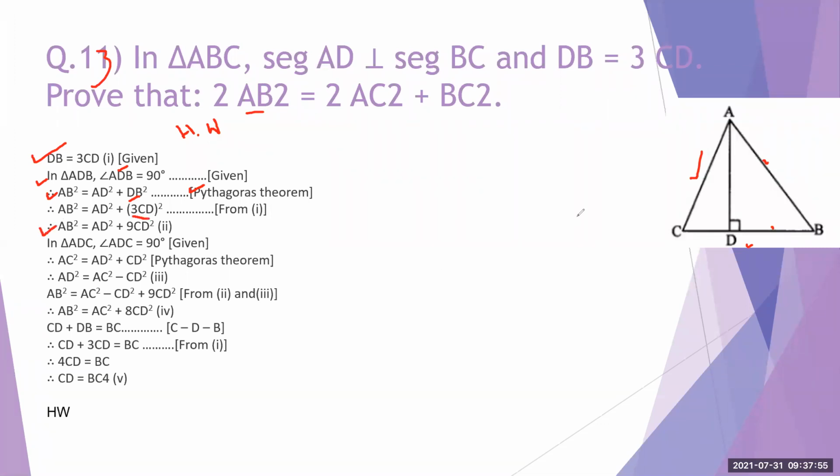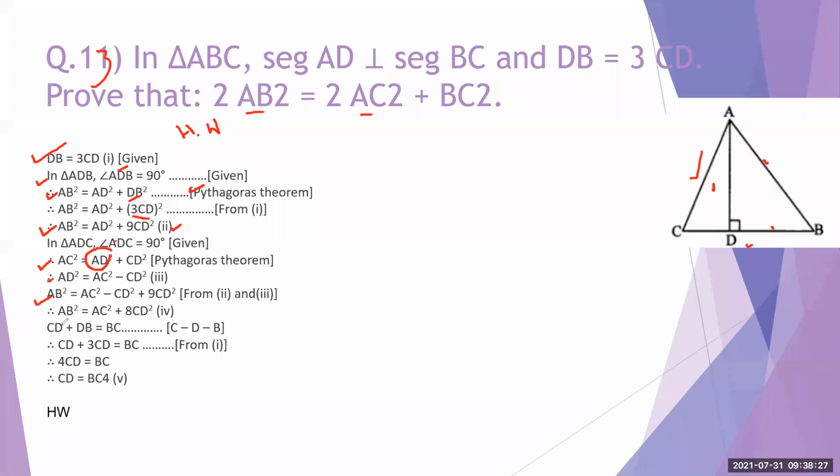Then again in triangle ADC, in this triangle ADC, again angle D is equal to 90 degrees. फिर आपको क्या चाहिए था? AC चाहिए था. So you can get AC from there. So we have taken that, and with the help of that, we get the value of AC square. Now next, क्या किया हमने यहाँ पे? सिर्फ यहाँ से AD find out किया. क्यों? Because I have to put the value of this AD in this equation number 2. So we get the value of AD, then we substitute the value of AD in equation number 2.